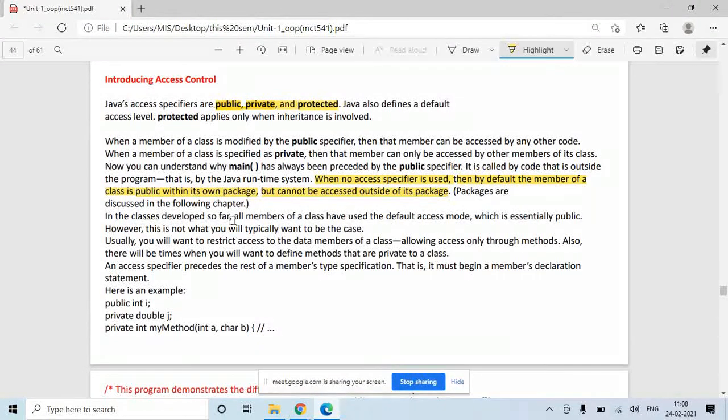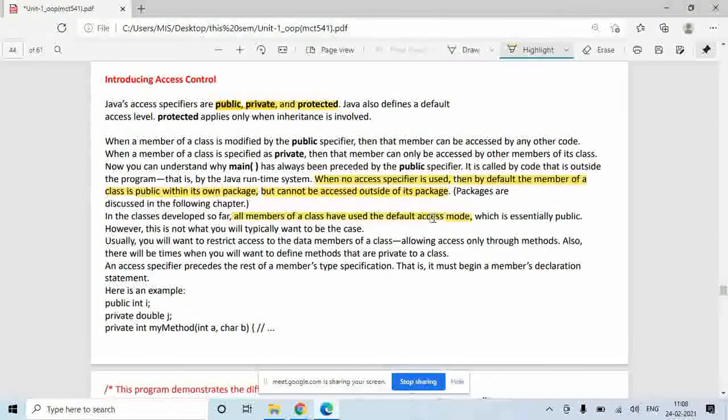In the classes developed so far, all members have used the default access mode. You will get in-depth knowledge of how default works when we study packages.